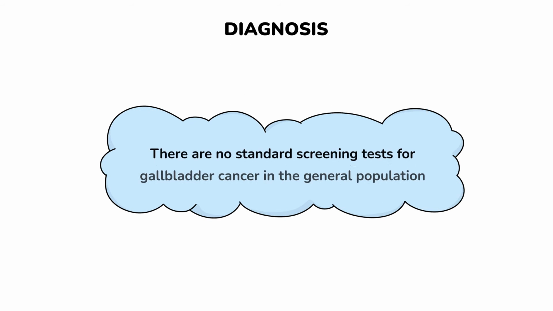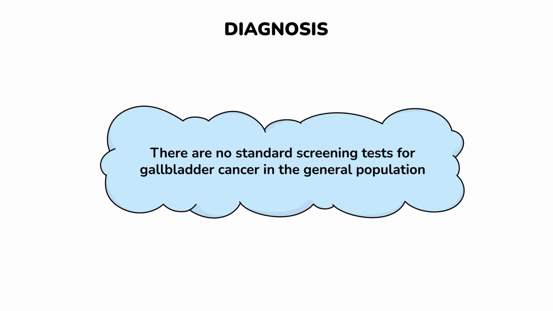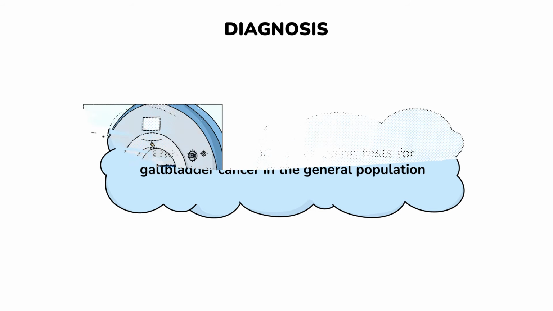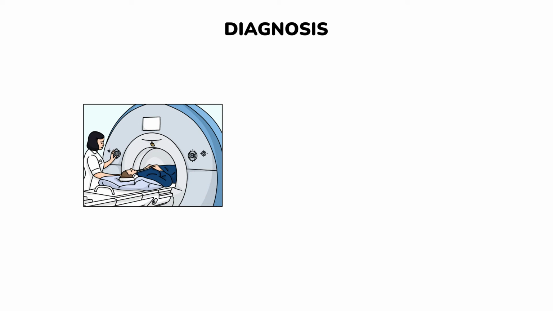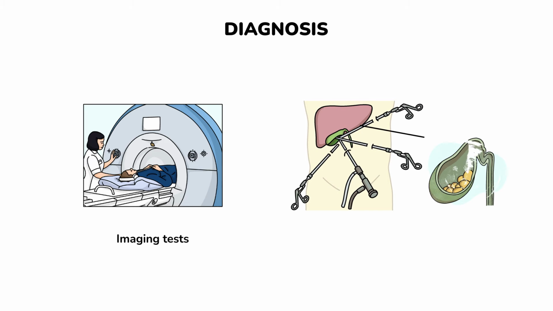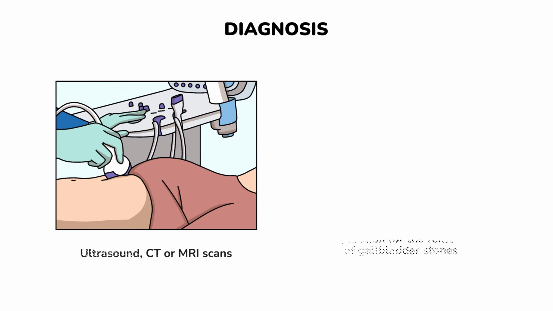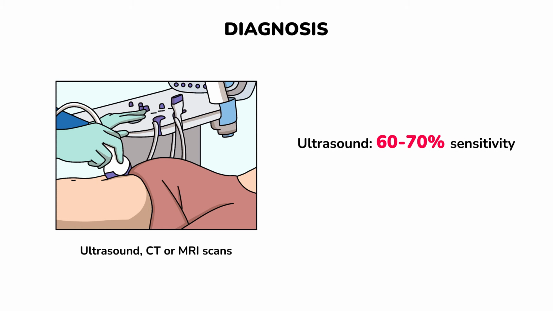What can be said about the diagnosis? There are no standard screening tests for gallbladder cancer in the general population. Diagnosis usually occurs incidentally during imaging tests for other conditions or surgeries for gallstones. Diagnostic methods are imaging tests, such as ultrasound, computed tomography, CT scans, and magnetic resonance imaging. Ultrasound has a sensitivity of about 60 to 70%, while computed tomography scans can detect gallbladder cancer with about 80%